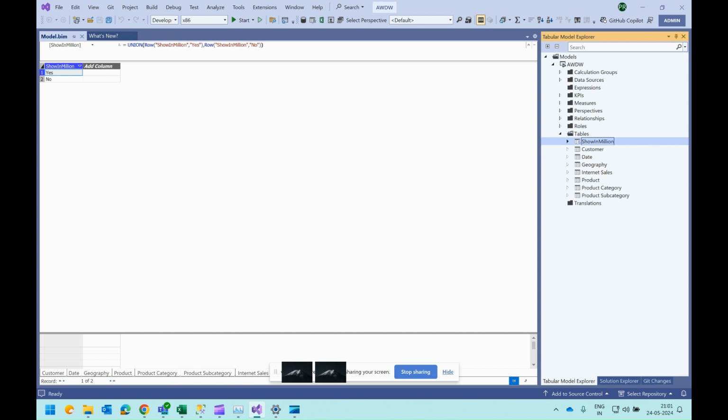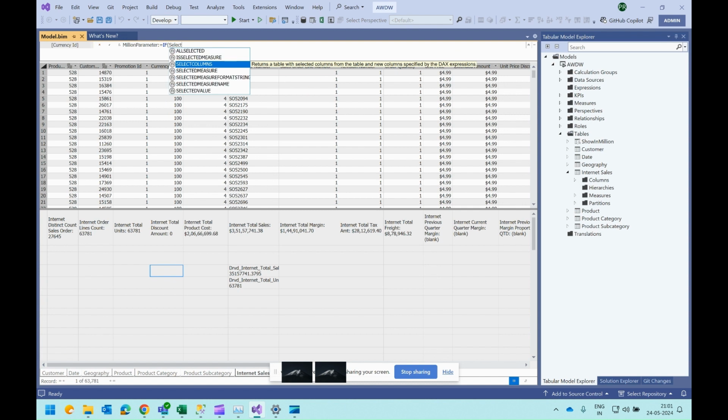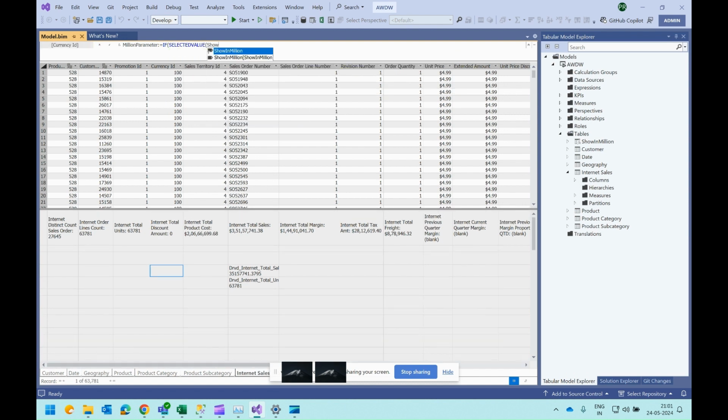Now, is the activity completed? No. There is still a little bit we need to do. So now I'm going to create one more hard-coded measure called million parameter. Here I assign the hard-coded value. I need to write the statement: if my selected value, show in million, equals